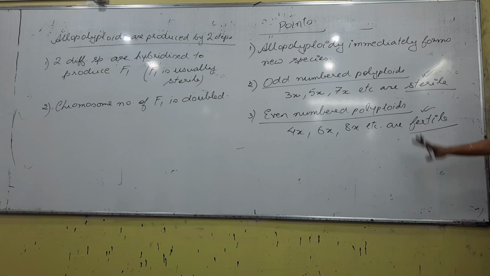When you keep on increasing, one thing we need to understand is that an odd number of increase always makes the plant sterile. An even number of increase makes it fertile. This part is not required for your examination. Okay, I have not marked this part, just remember this one point. If by chance a question comes: 8x polyploid, will 8x be sterile or fertile? Odd is sterile, even is fertile, right?